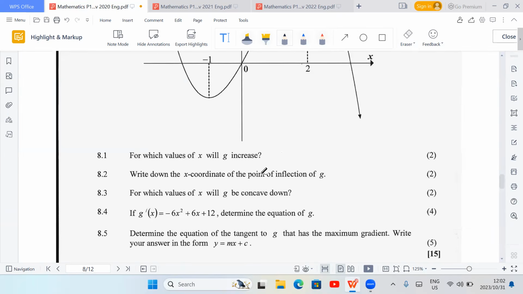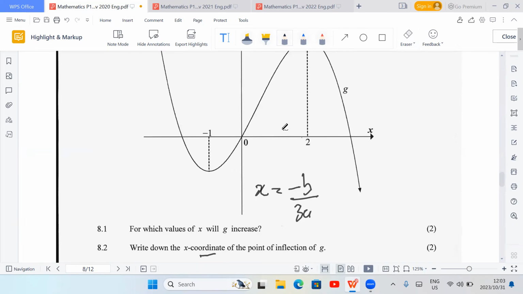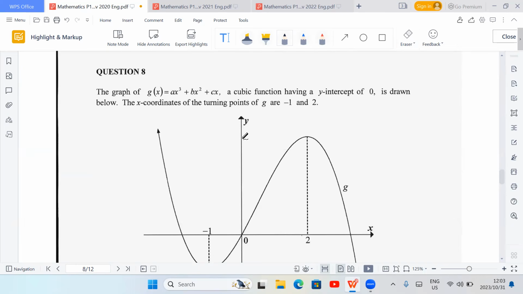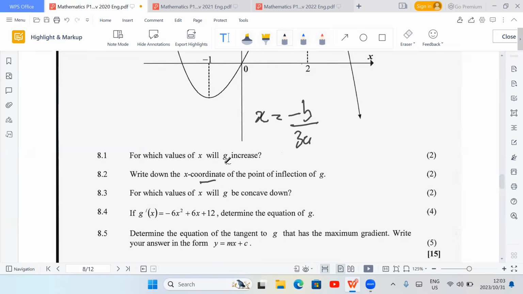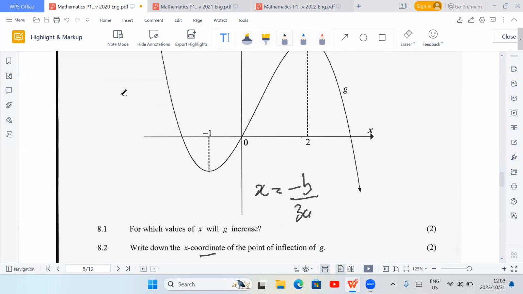and then the point of inflection can be calculated in so many ways. If you have your equation already, you can use this to get your x coordinate of the point of inflection, take that x coordinate. So here they're just asking for the x coordinate, but if they also want the y coordinate, take that x coordinate, go back to the original equation. So obviously at this point you would have got your A, your B, your C, right? And then you have that, or you can simply use the